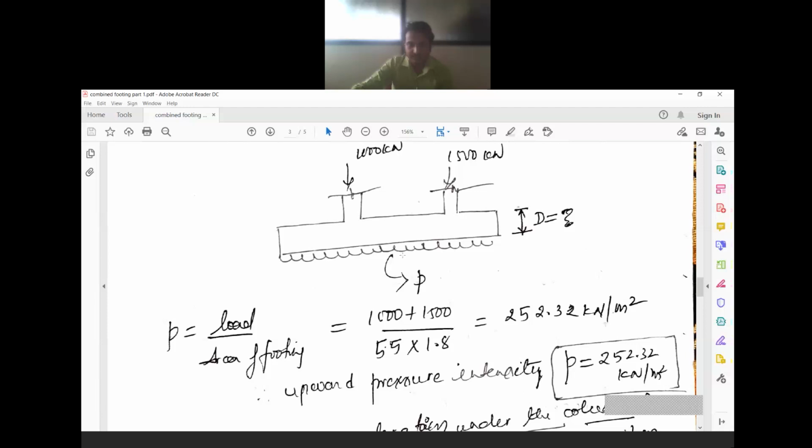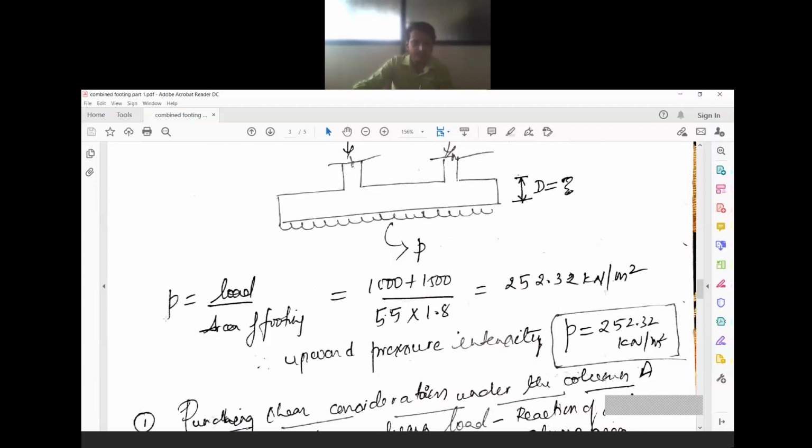Are you understanding? So this foundation is just inverted. I said it this way just to understand the concept. Okay? So here in this case these two are the loads. For this we will have the reaction. Since this is a slab kind of member, we will be having distributed force. So how to calculate the distributed force? Intensity of upward pressure, small p, we will indicate this upward pressure in terms of small p, which is equal to load by area